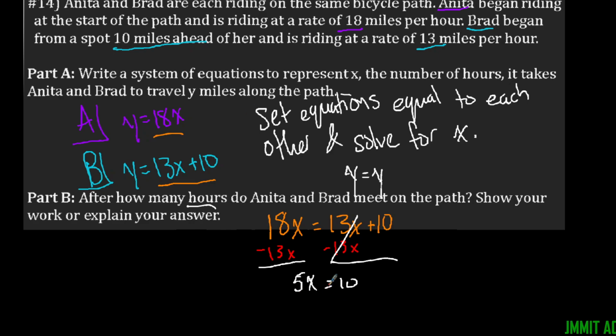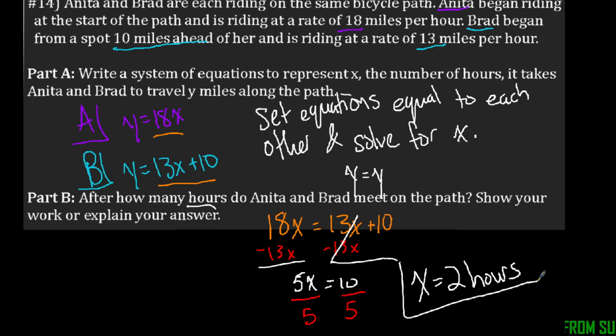Lastly, since I have variable equals value, I can divide both sides by that coefficient. So I'm going to divide both sides by 5 to get rid of that coefficient. And so x equals 2. So we're going to say x equals 2 hours. So you have to make sure that you're setting them equal to each other. Also make sure, just like always, you can check